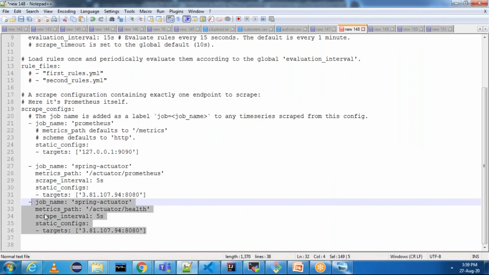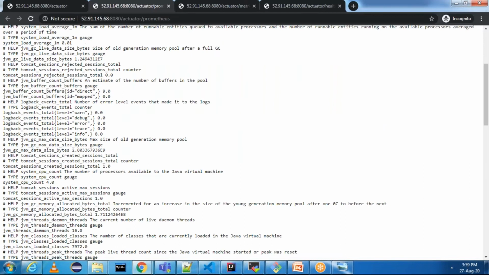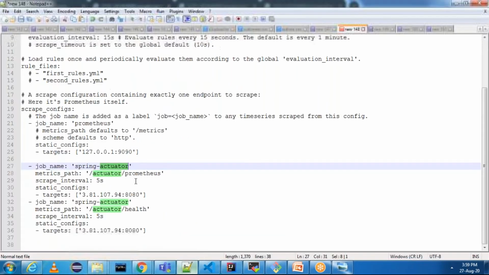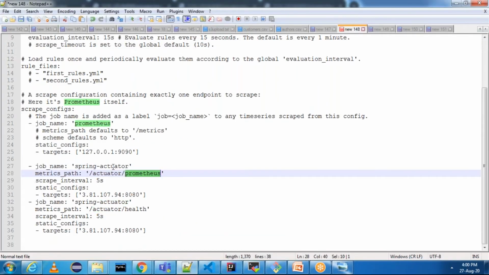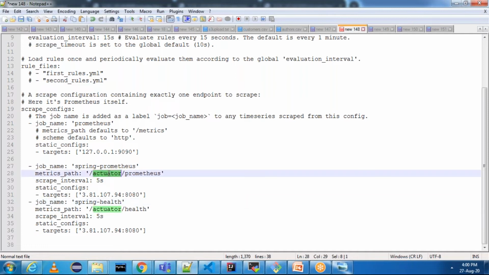What I will do is, I'll configure Spring Actuator for this particular URL. Actuator Prometheus, I'll configure Prometheus. I will say Spring Prometheus. And for health, I will say Spring Health. Two endpoints I'm going to monitor, /actuator/prometheus and /actuator/health. These are called jobs, and this is the metrics path. Metrics path is /actuator/health,